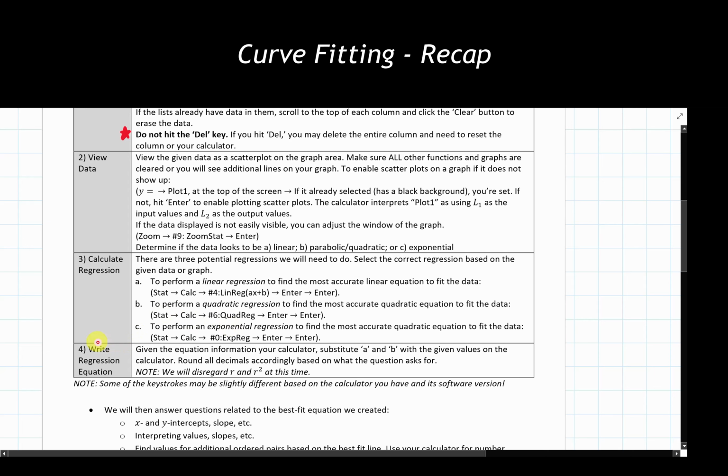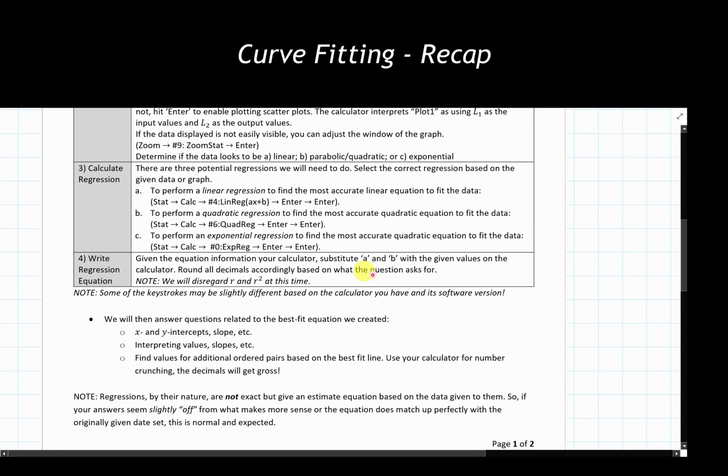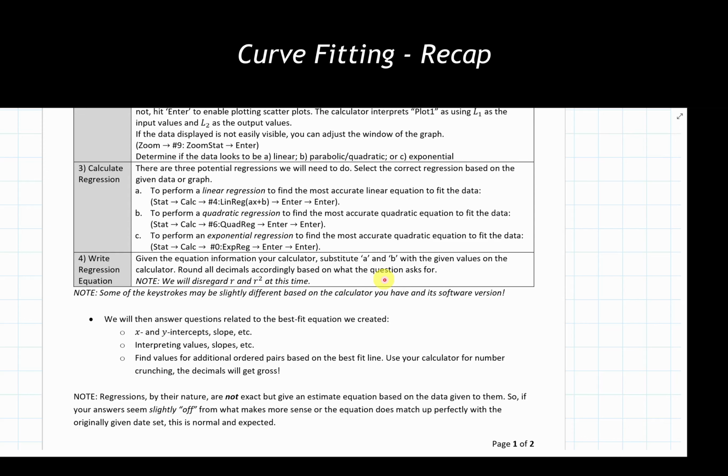And then last but not least, we're going to write a regression equation out, substituting A, B, maybe there's a C that shows up in there accordingly for the equation that's been given to us. And again, for the purposes of our class and what we're covering here, we are not going to care about r and r squared at this time. If that shows up on your calculator, that's fine, we can ignore it. It didn't show up on the ones that I went through, which, yay, great, it didn't. We'd be ignoring it all the same.